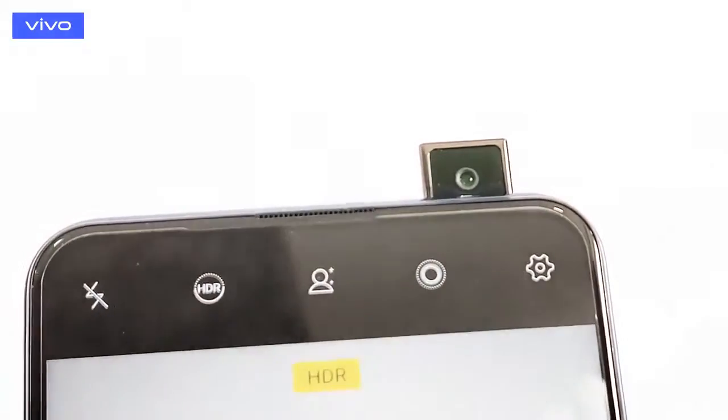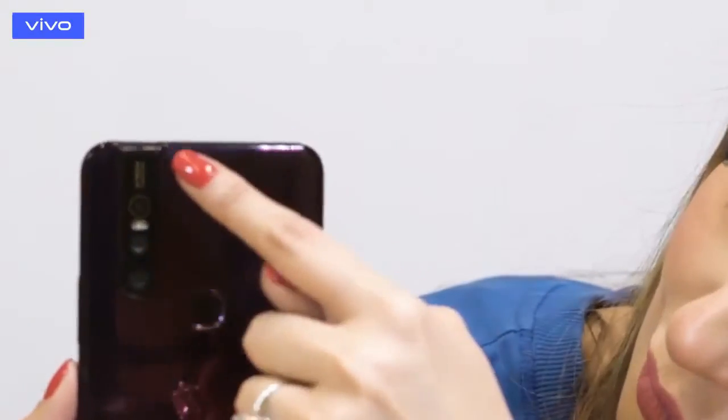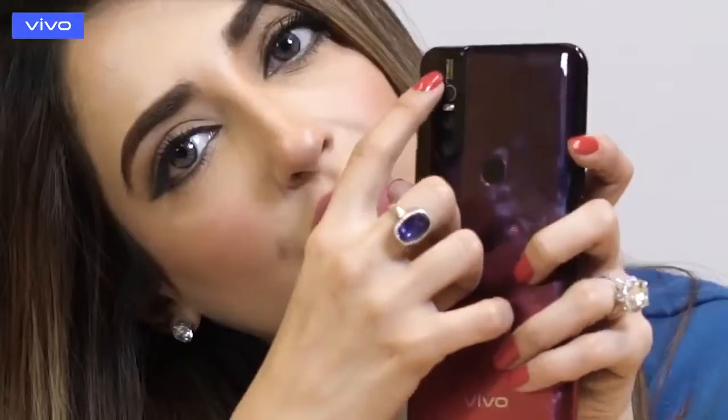So this camera is like a pop-up selfie camera, which means you can take awesome selfies. It also has a triple rear camera. Can you see there are like 3 cameras here? How cool is that? So this phone is awesome and you're going to end up taking awesome selfies with this